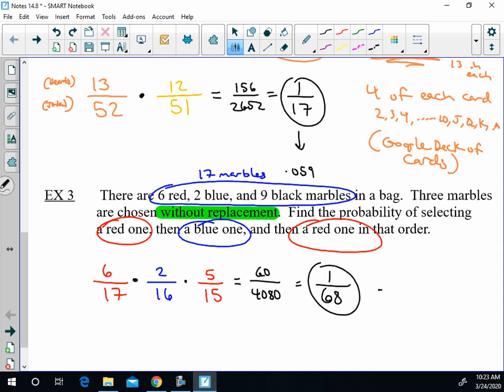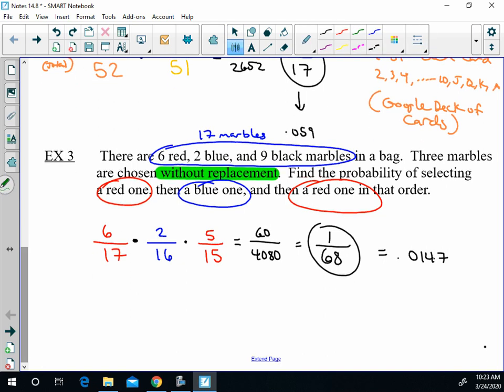68, which for all you decimal people out there is 0.0147. Remember, if this was a no calculator question, I'd simplify 2 over 16 to 1/8, 5 over 15 to 1/3. Then, well, let me just show it just for fun. If this was no calc, I'd go 2 over 16 becomes 1 over 8, 5 over 15 becomes 1/3. All right, then I would go ahead and do